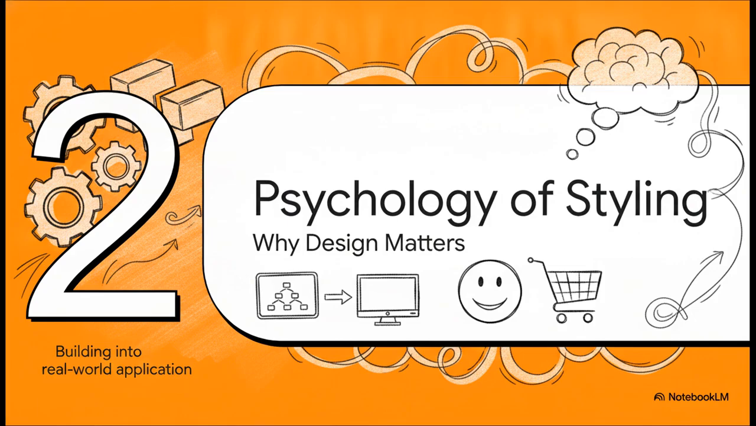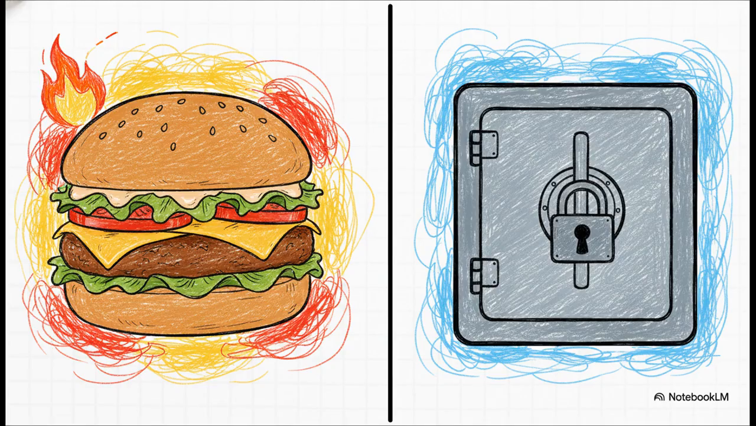Section 2. The psychology of styling. Why design matters. Before we type a single line of code, we really need to understand the why behind the how. CSS isn't just about making things look pretty. It's actually a massive tool for consumer psychology. Massive brands manipulate human behavior every single day using CSS color palettes. Think about it. Food brands heavily use red and yellow because red physically stimulates hunger. On the flip side, major banking apps almost entirely rely on blue. Why? Because blue creates a subconscious feeling of trust and security, which is exactly what you want when you're handling